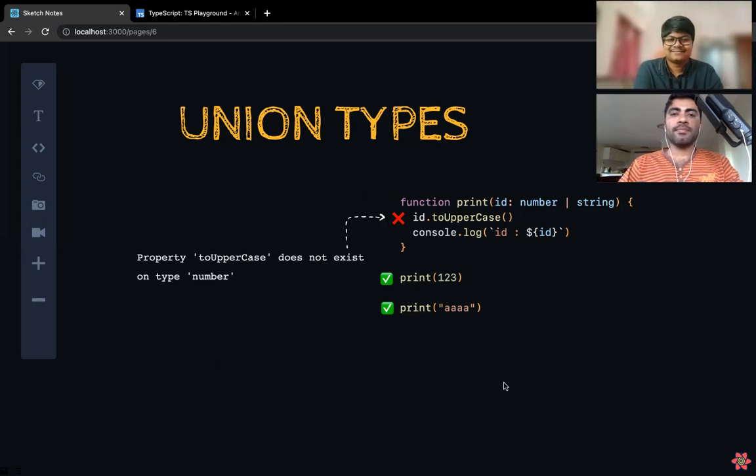Hi, Kenny. Hi, Praful. What is the union type that you have on your screen? Yeah, today we'll discuss union types. It is a basic TypeScript concept. This union type, you heard about it? Yeah, I have seen it in the past, and I think I've used it, but very rarely does this case come up. But let's see what is happening here.